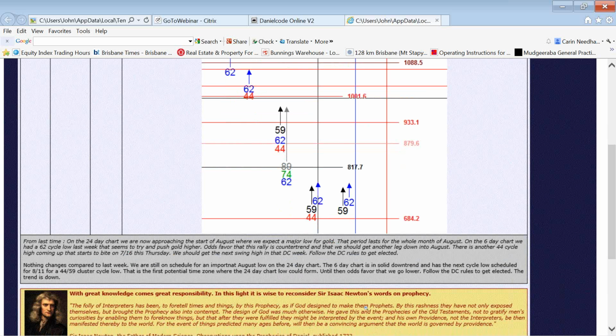He's been talking, as I said, for some time about looking for that 62 cycle low in August. His commentary for this week was nothing changes, still on schedule for an important August low, important I should say, in